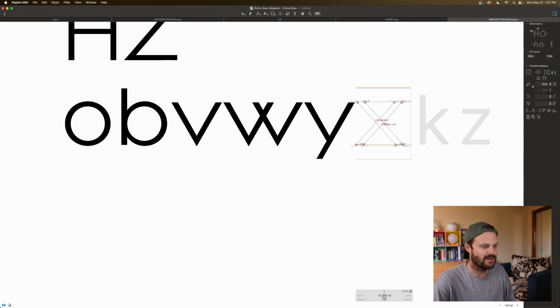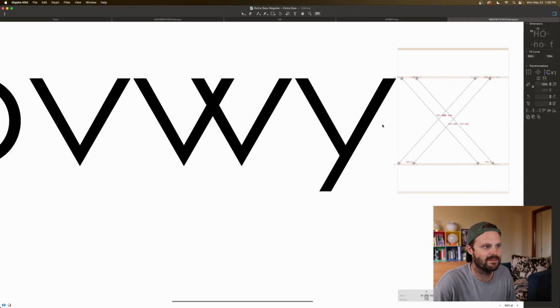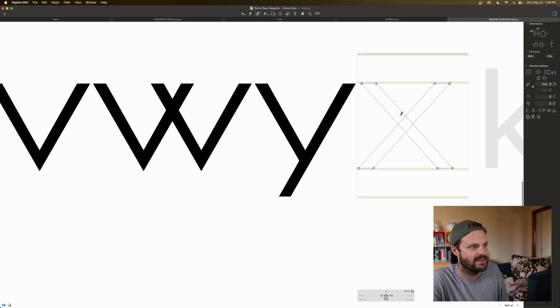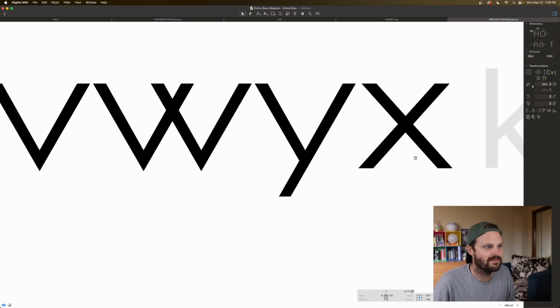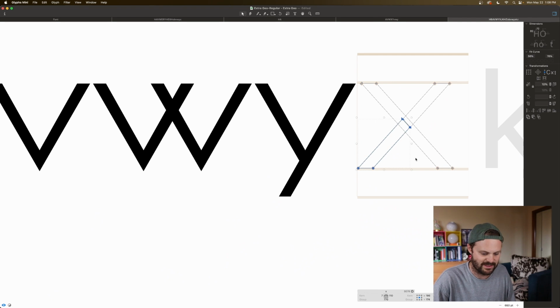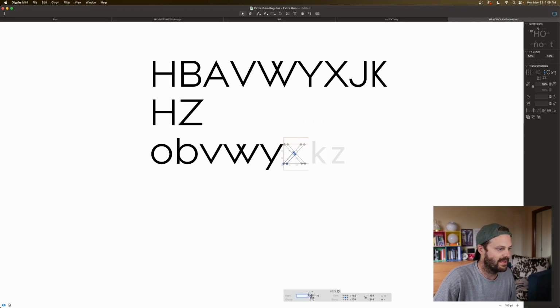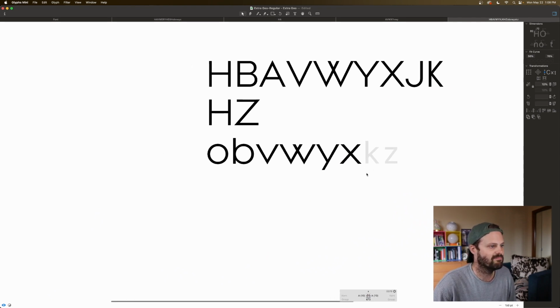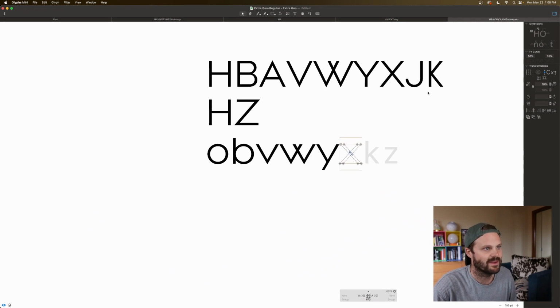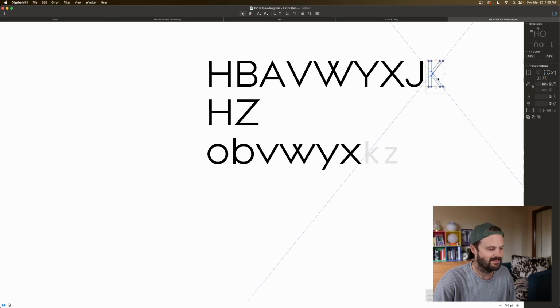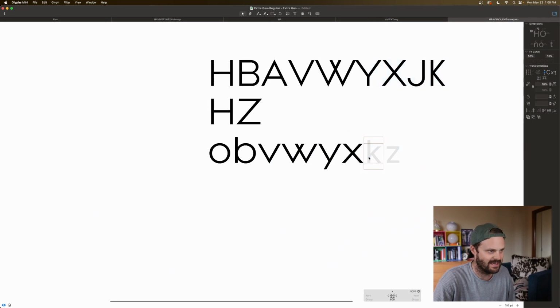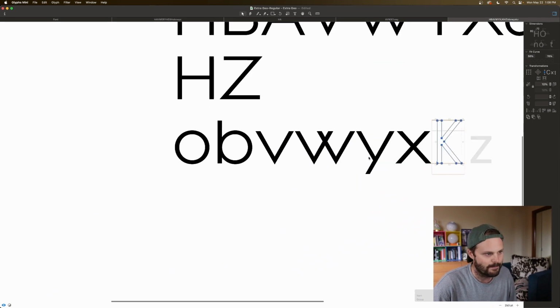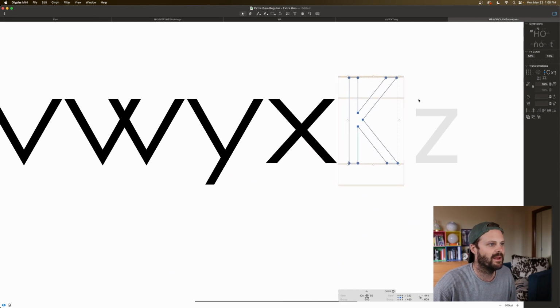Right here, the optical illusion I need to address, as before, hitting Shift E to get my knife tool and moving this back, in this case, 3 pixels, nothing crazy. Get my side bearings right, A and A, so they're 10 and 10, and that to me is an awesome X. For the K, I can simply copy this K, paste it into my lowercase, zoom in here, and then